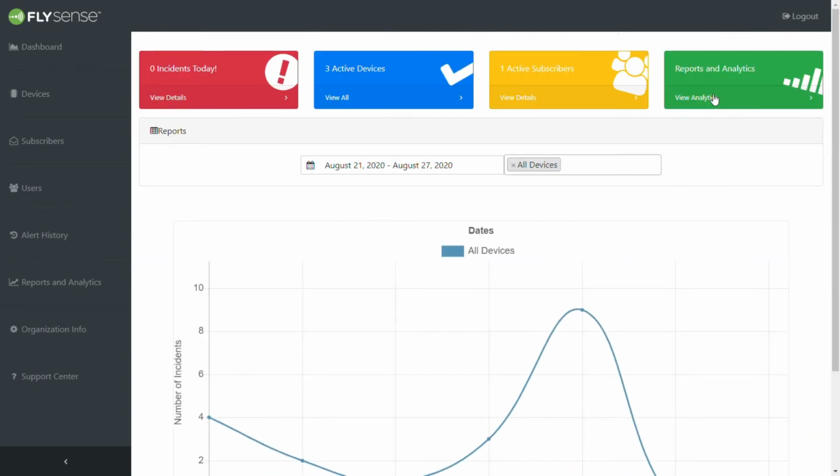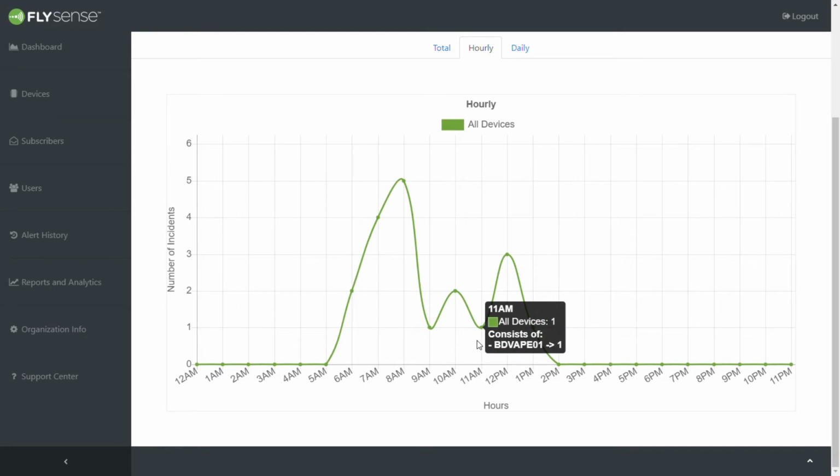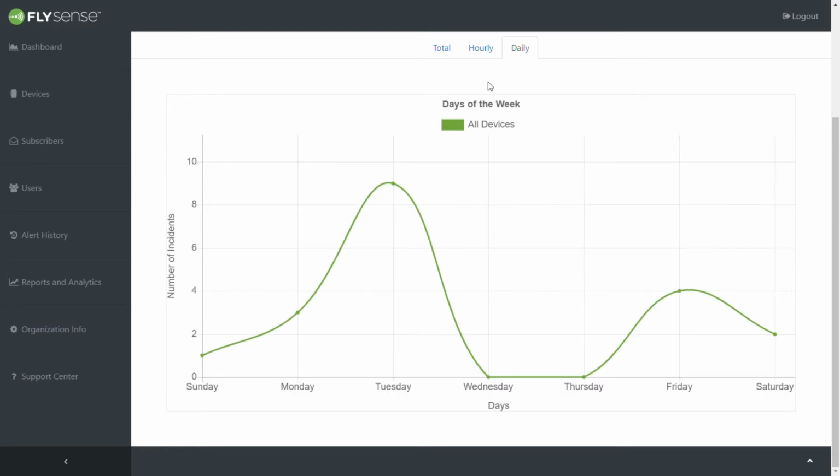We can also get an oversight and insight and look at it on an hourly basis, a daily basis, or over the past week. So you can see the number of events that have happened over the last 48 hours, and you can then break those down and see during the course of the day and which days were the worst during the course